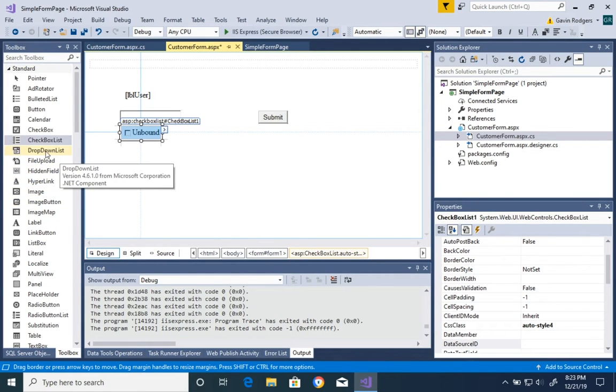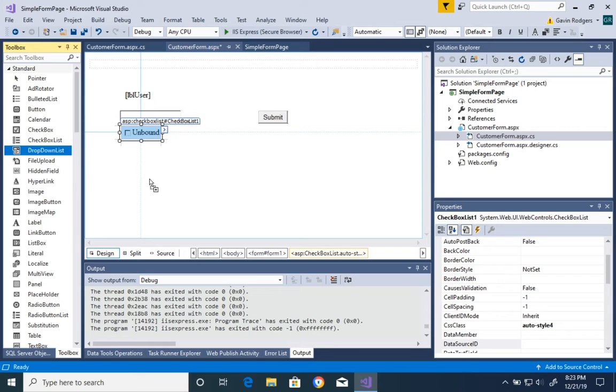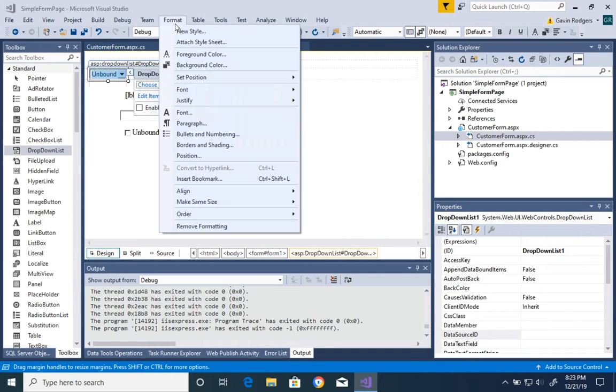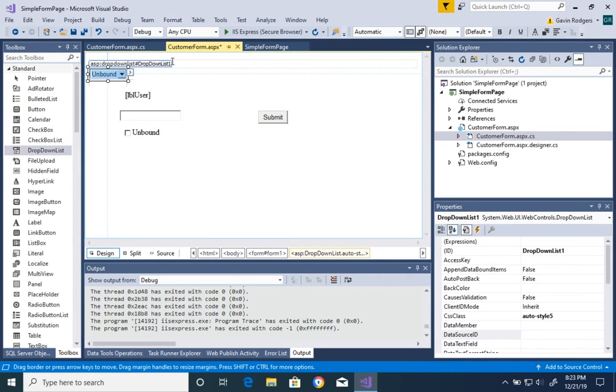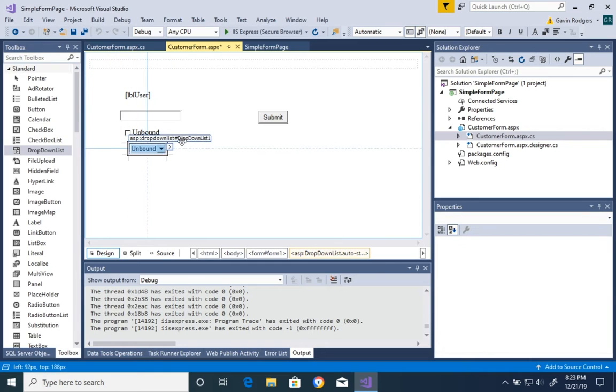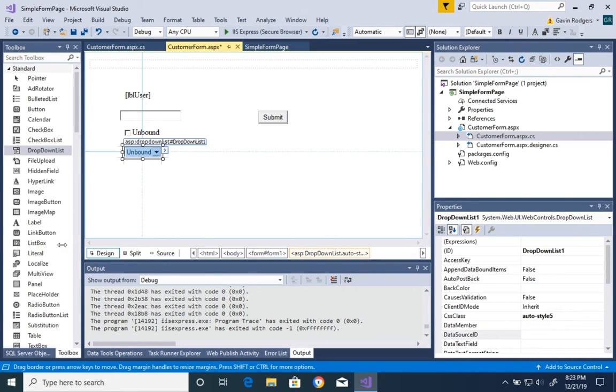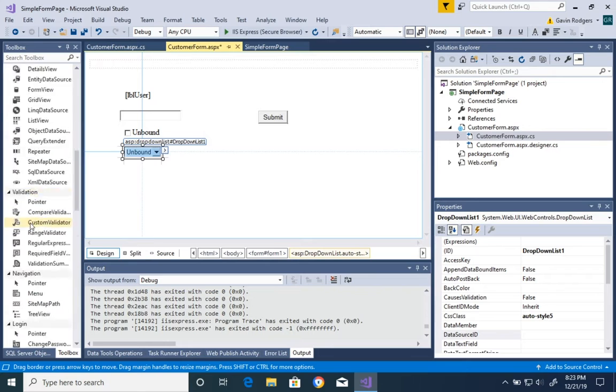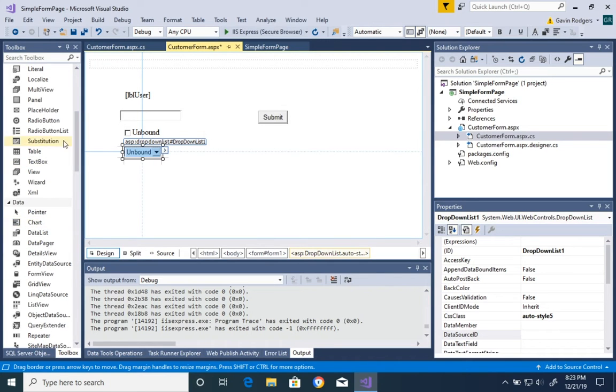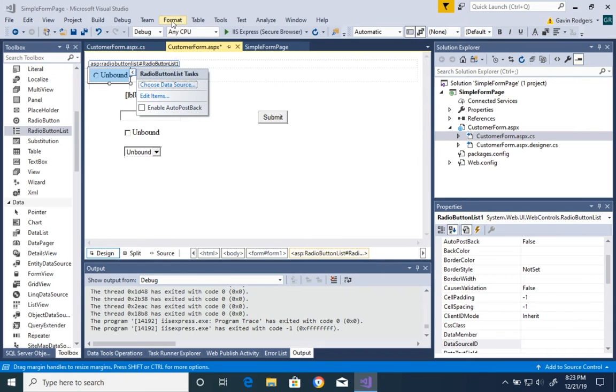Next, we're going to add in a drop-down box, or a drop-down list rather. Just bring that over there, same formality. And the last thing that we're going to do is add in a RadioButtonList. So three different types of lists that you can use on a web form for various types of